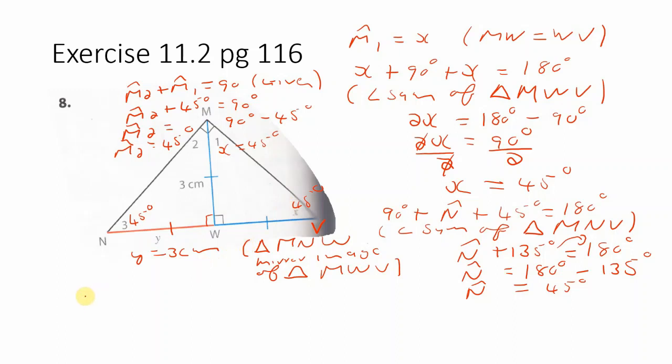So we can in fact say that triangle MNV and triangle MNW and triangle MWV